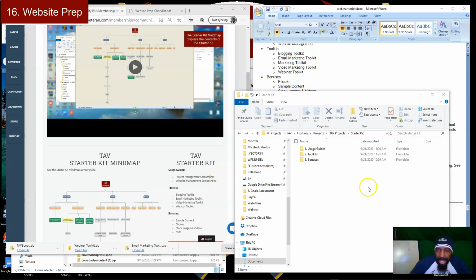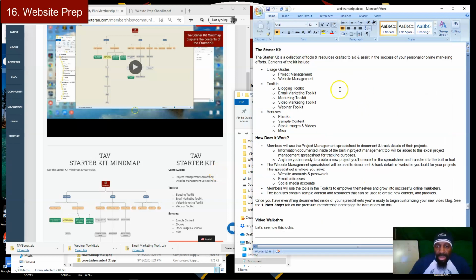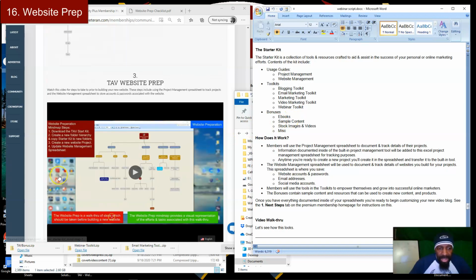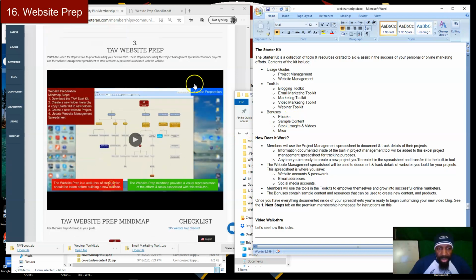Okay, let's take a minute and we're going to go over some details of some of the folders in the T.A.V toolkit. Now, what you're going to realize is that this is where we come into step 3, which is the T.A.V website prep. And what the website prep does, these are the steps that we're going to use to actually set